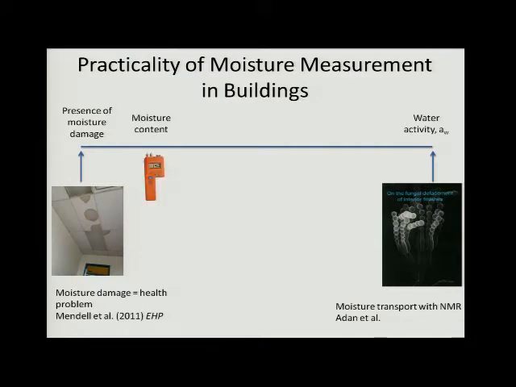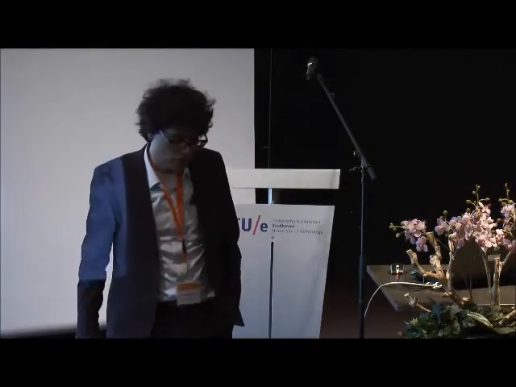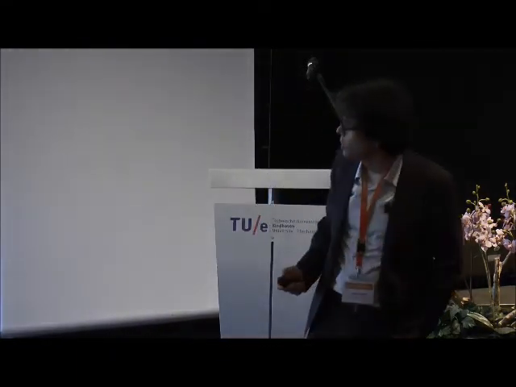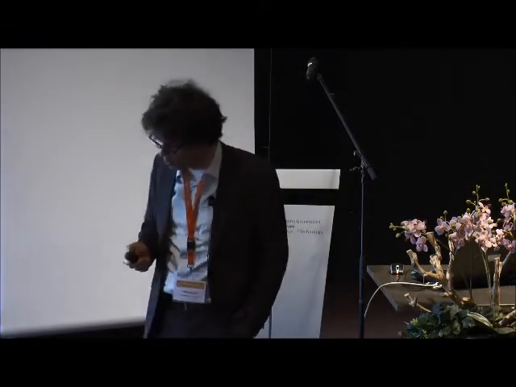So actually in buildings, probably the most common way that we assess moisture is with a pin moisture meter, like you see here. This is basically a device with a couple of pins. You stick it in a material, and it's nominally calibrated to some sort of wood usually, and it tells you the moisture content. I'll talk a little bit more about those devices in a little bit. And that's nice, but it gives you a single point measurement. Or maybe it's not nice, but in any case, it gives you a single point measurement.